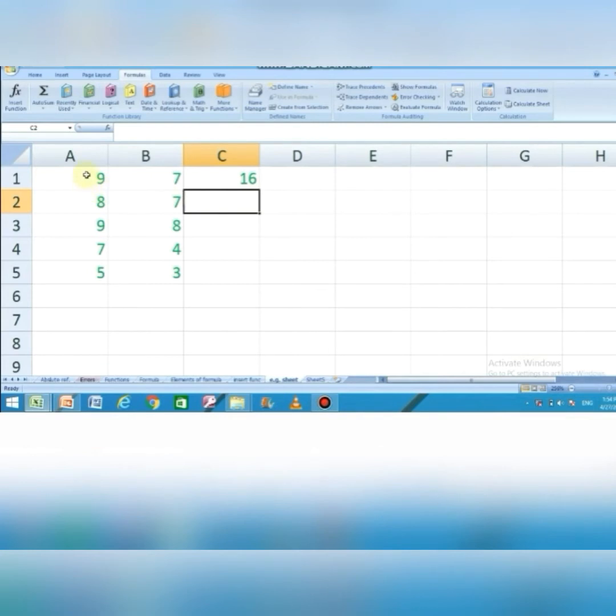Now I want to calculate these all from A1 to A5, 9, 8, 9, 7 and 5. So what will I do? I'll use a range to calculate these numbers.